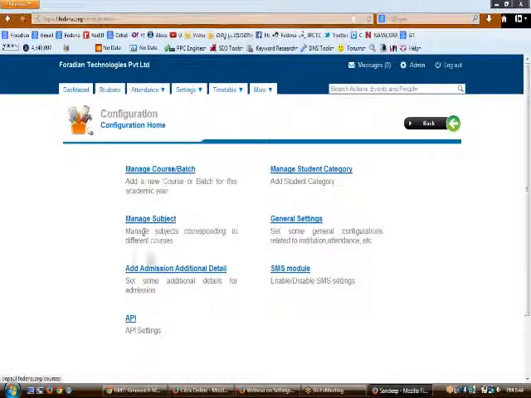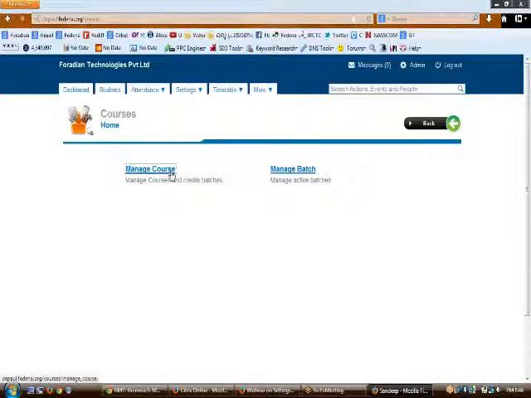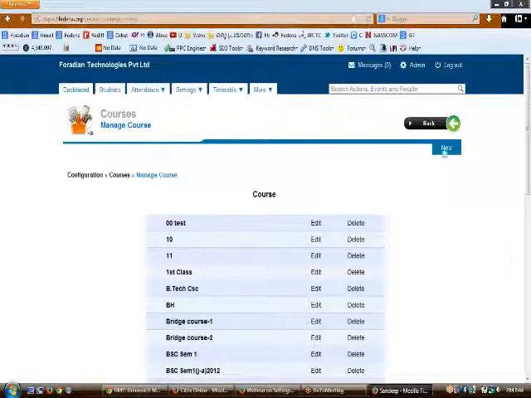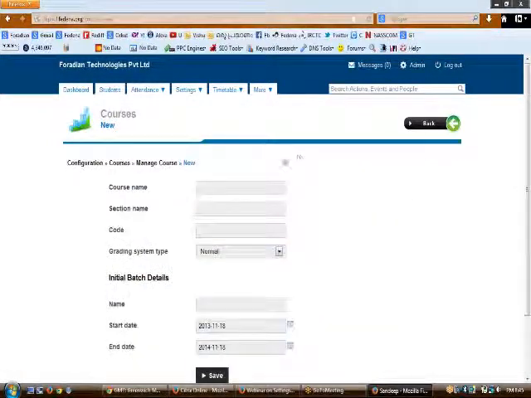Having done all the settings like the student category and general settings, now it's time to create a course. To create a course, click on manage course and click on new, and enter the course name like grade 1, and then the code, let us say GR1, and then the grading system type.